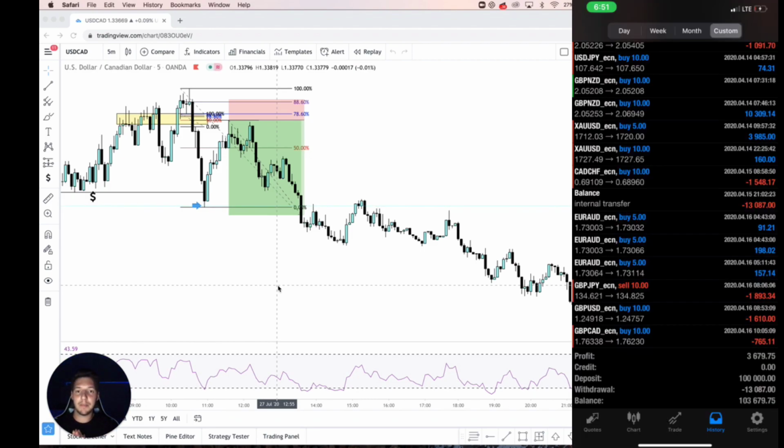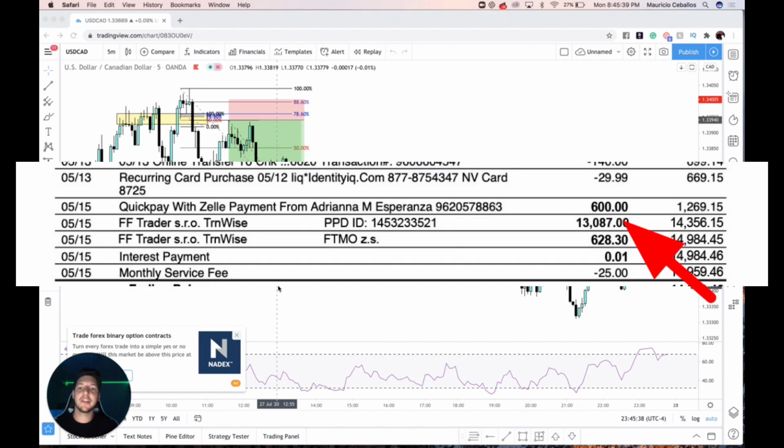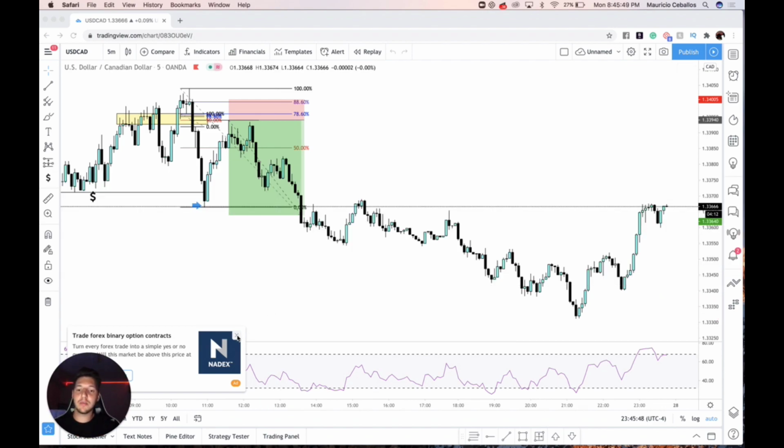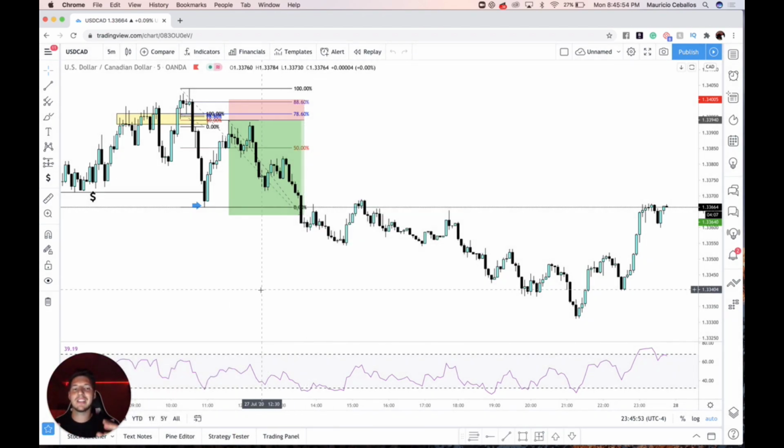Now, as you may see above, this is a 13,000 plus withdrawal from the Forex account, the MT4. You'll also be able to see my bank statement over here with the 13,000 plus dollars coming through, as well as a refund of 600 plus dollars. This refund is the refund of your initial investment, which is pretty cool, and I'm going to tell you more in depth about what I did to get my $610 investment to a potential six-figure trading account,